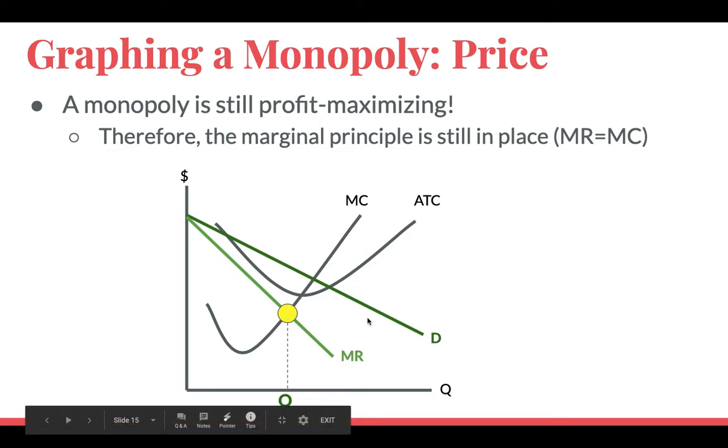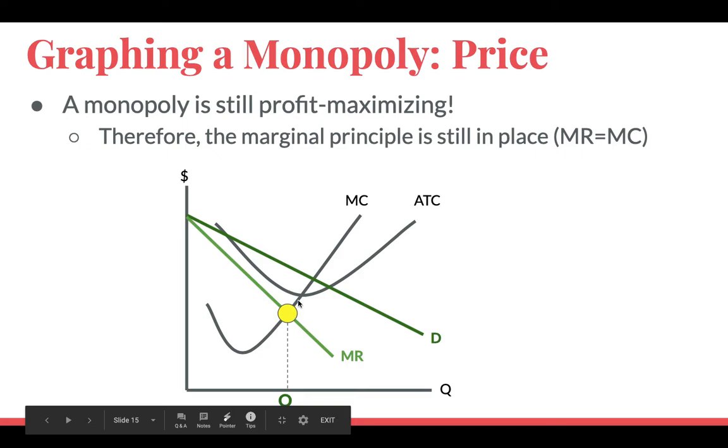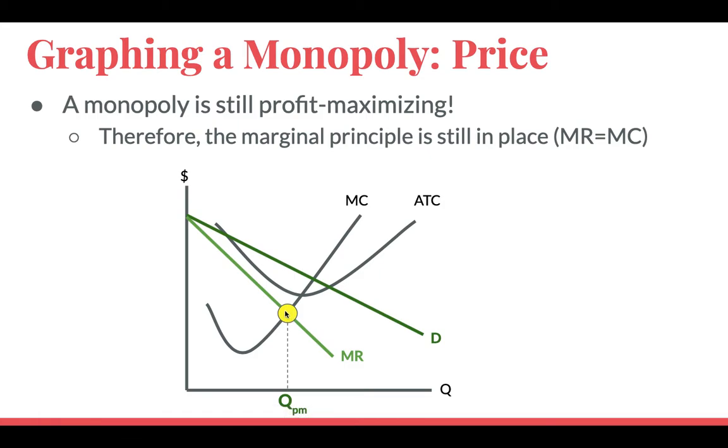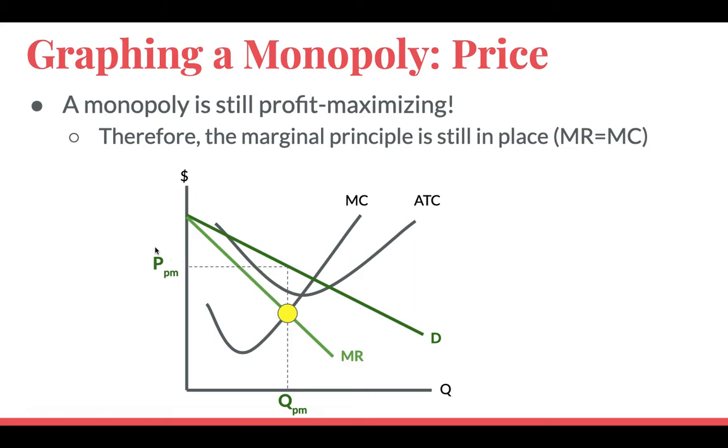If we produce beyond that point, marginal cost is still going upward, but marginal revenue is going downward. So we're going to lose money, marginally speaking, on the very next unit we sell. We want to stop here to make sure we capture all of that economic profit before we start losing some of it. So if we already have our X value, all we have to do is follow this value up to the demand curve and then go over. And we can plot our profit maximizing price on the y-axis. So that would be our price, that would be our quantity.